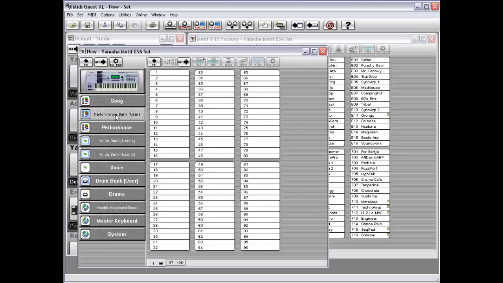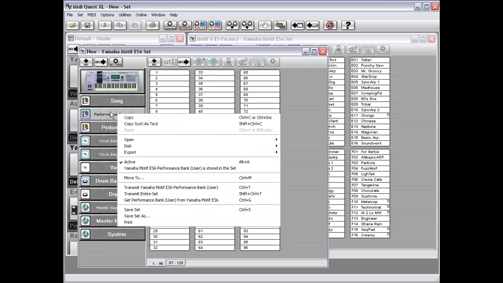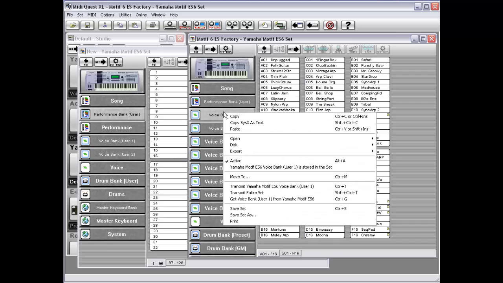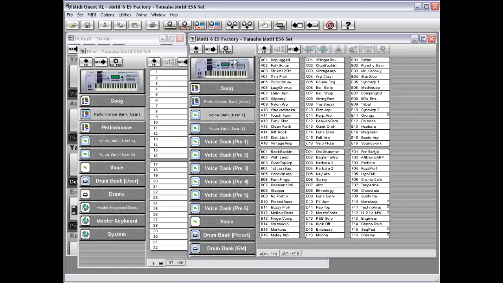Oh, we've got to wait. MIDI Quest is currently doing some background processing, and you can't paste during that process, so we'll wait and we'll instead have a look at the next option, which is copy as text. Copy as text takes all of the sysx stored in all of these different pieces of data and copies it to the Windows clipboard